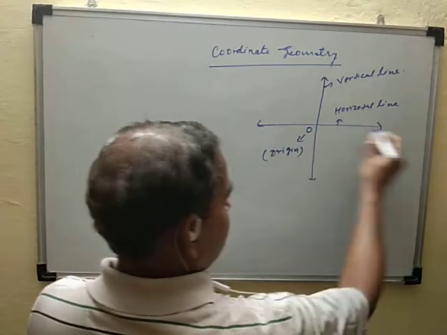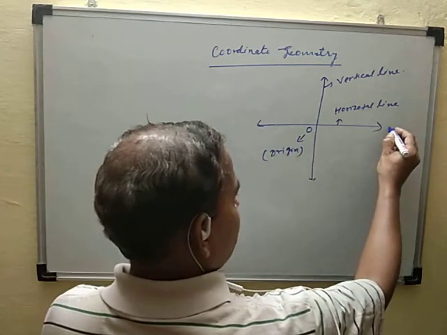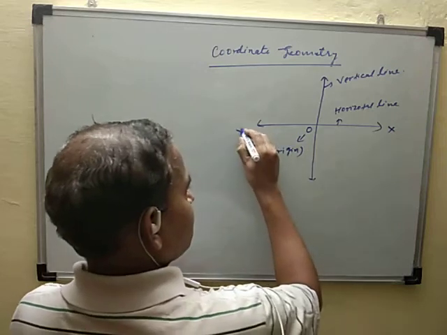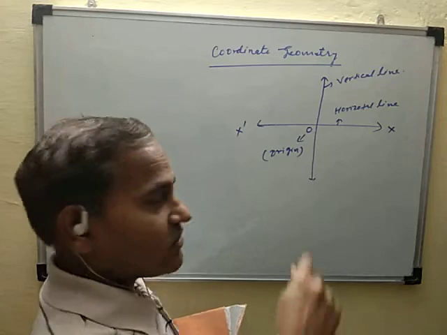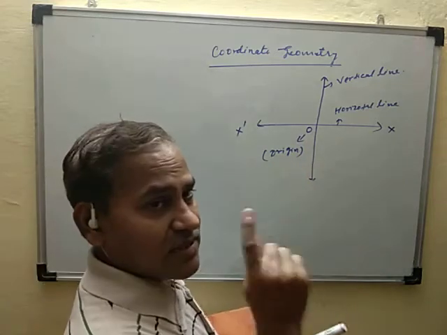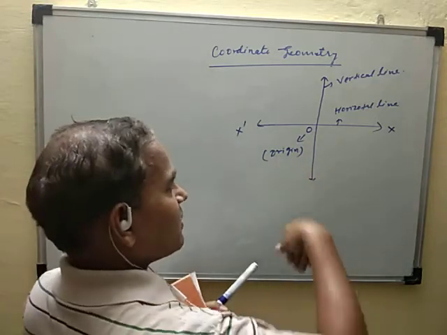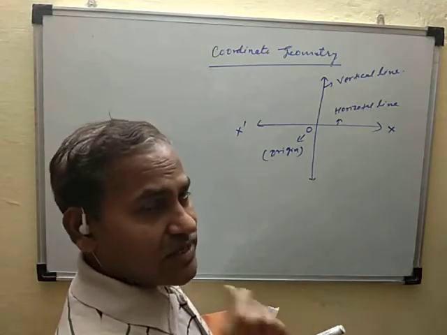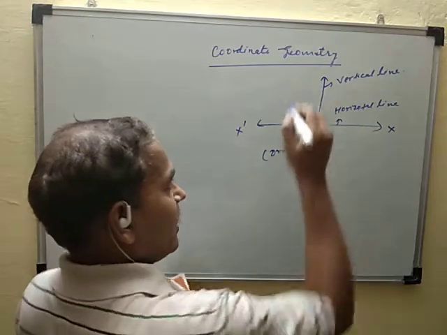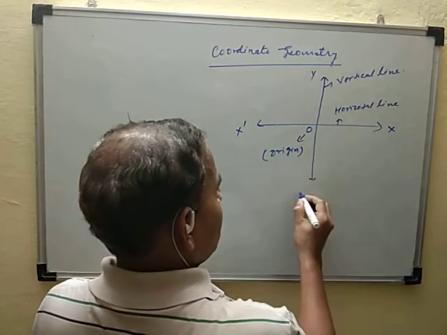This horizontal line is also known as the x-axis, and this vertical line is known as the y-axis, denoted by y